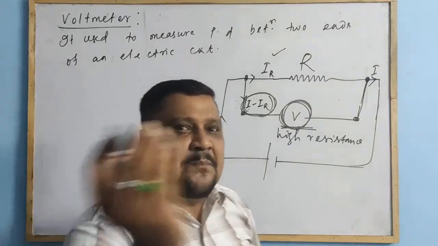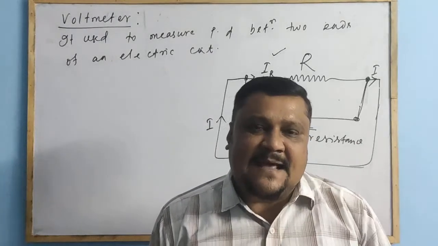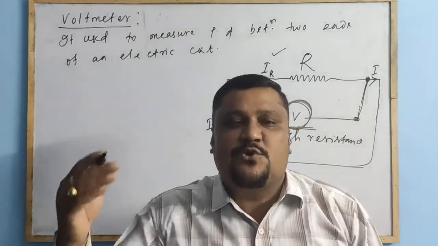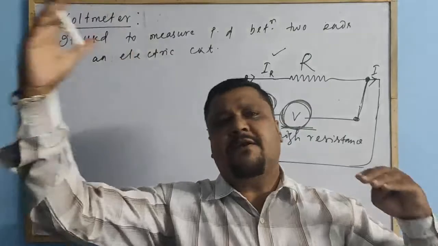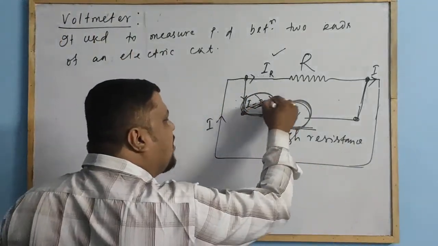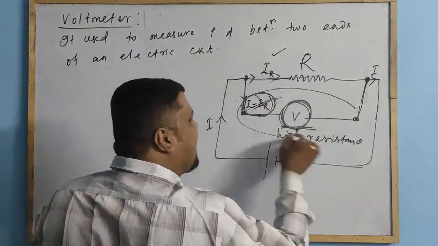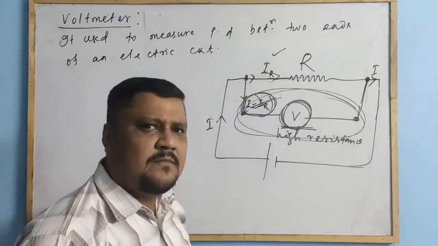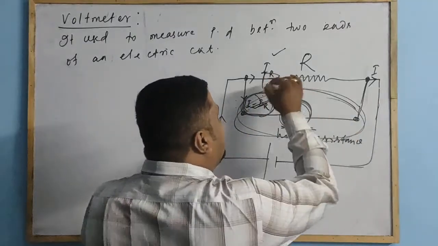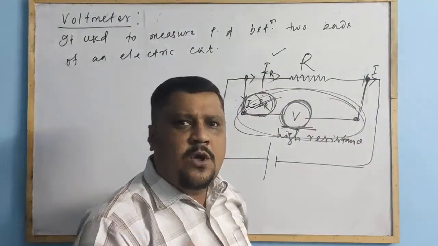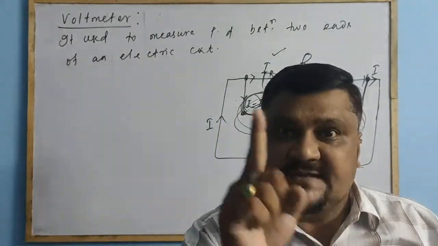But if you use a simple galvanometer, then the galvanometer cannot do the same. You should make some modifications. Modification means we should increase the resistance of the galvanometer very high, so that it will take very small currents. Most of the current will pass through the circuit. This is a secondary part to measure the potential difference, so there is no need to flow current in this part. We only need the potential difference between these two ends. So a voltmeter is always connected in parallel to the circuit and is a high resistance device.